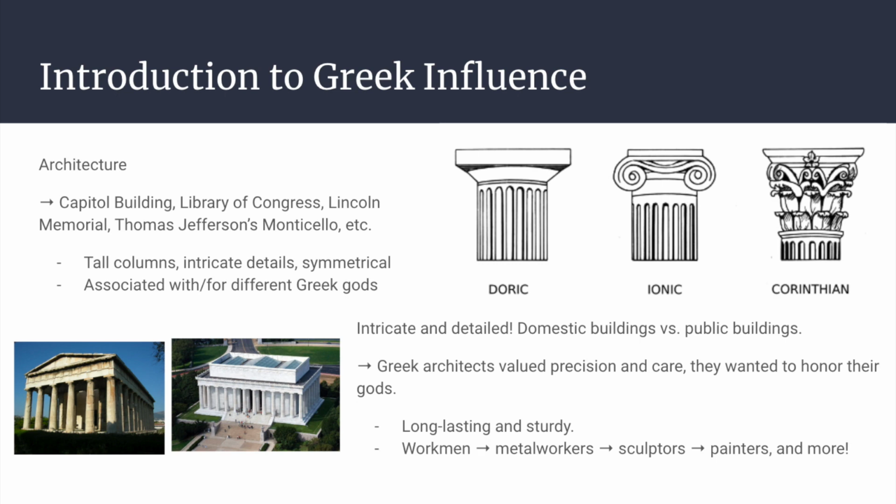These are called orders, and I'll be starting off with Doric first, which is the oldest of the three. It's characterized by a sturdy column. It's pretty plain and simple. It has an unadorned capital. This one in particular is associated with masculine figures and attributes, making it a popular choice for temples dedicated to gods like Zeus and Apollo.